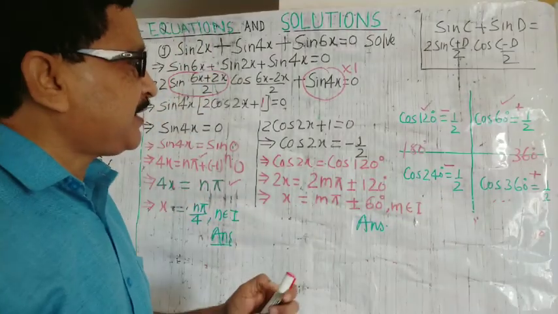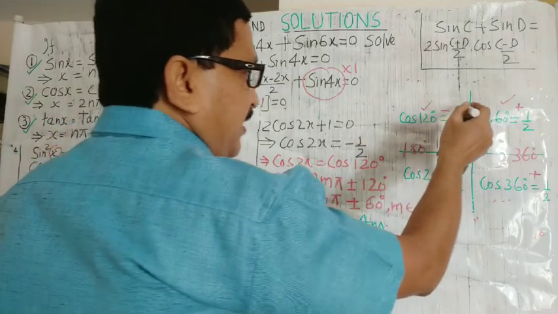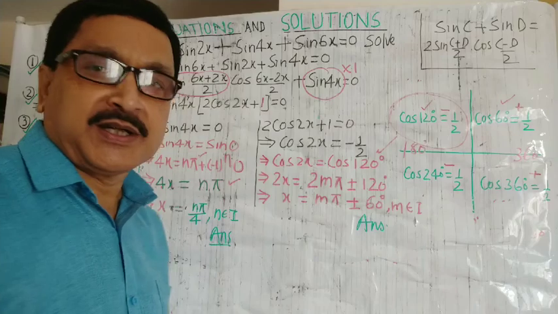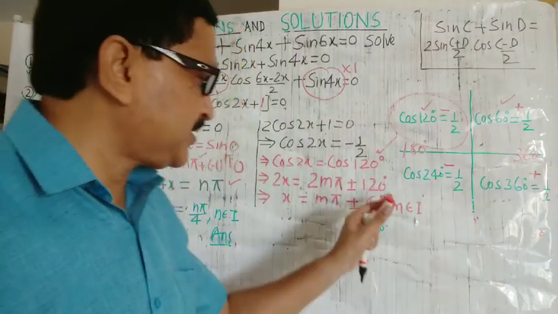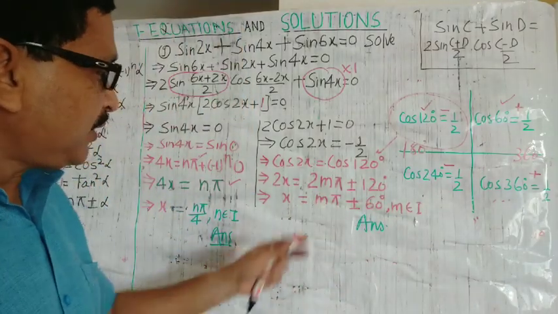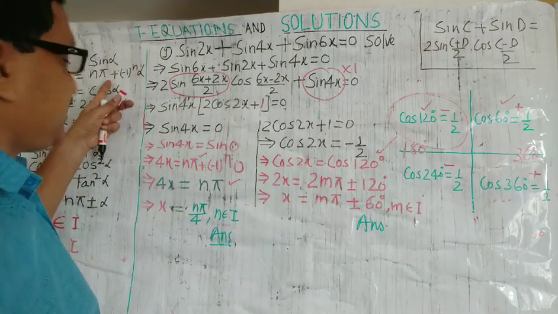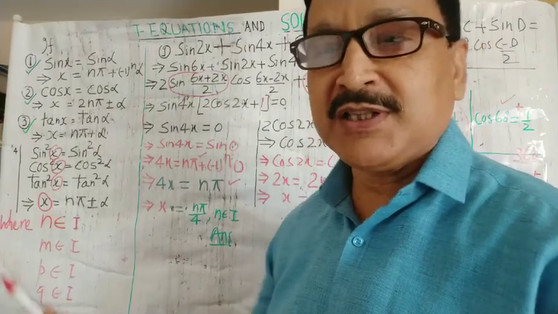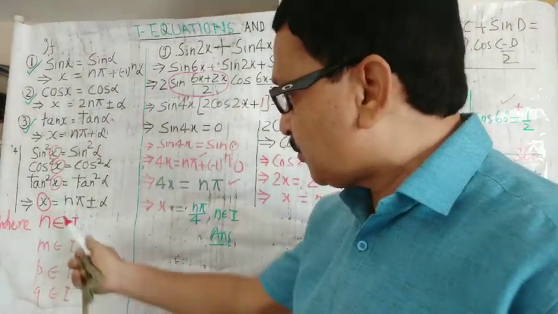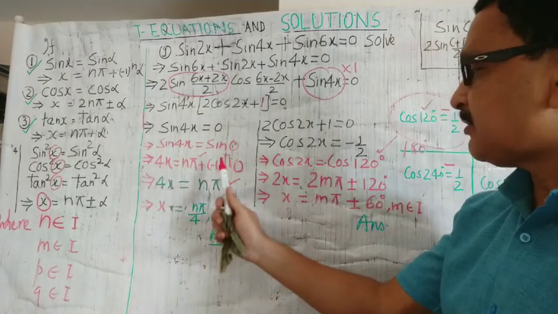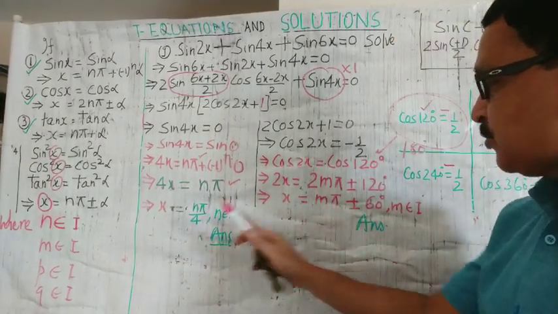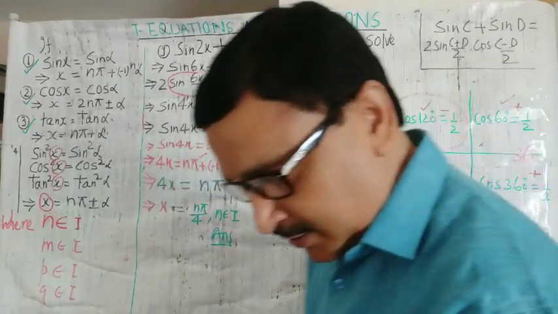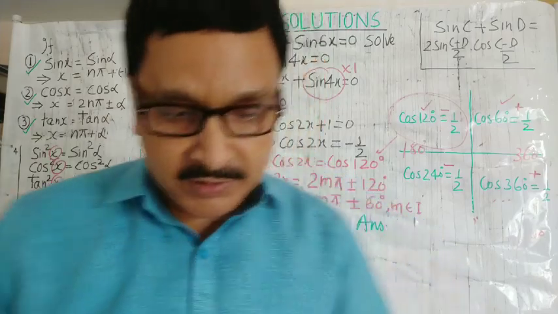So we have selected minus 1 by 2. This minus 1 by 2 has been selected to do the problem. Minus 1 by 2 is 120 degree, the first principal solution is taken. Here n is written, but sometimes we use n, m, p, q. If various equations are there in a single problem, you can use m and p. Similarly, there are two equations, first and second, so I have used n here and m here, where m is a member of integer and n is a member of integer. Now the next problem, just wait.